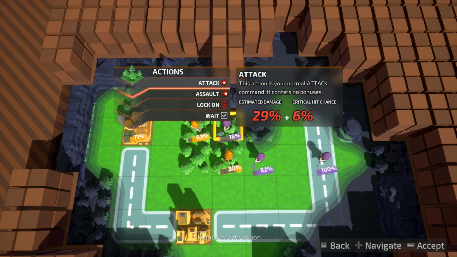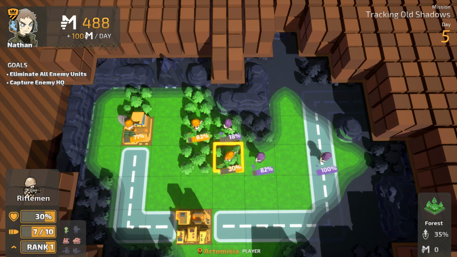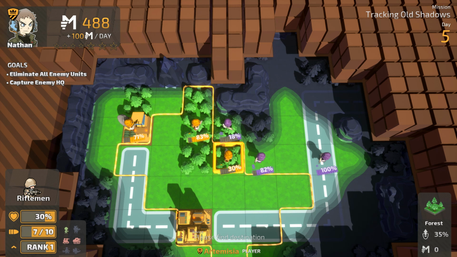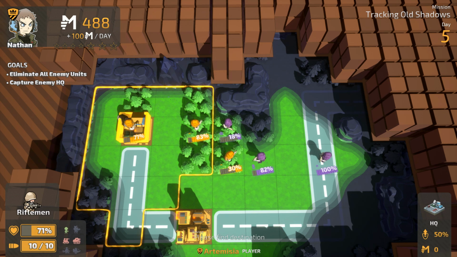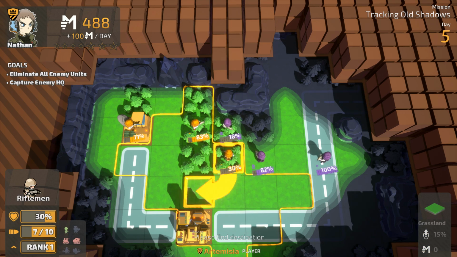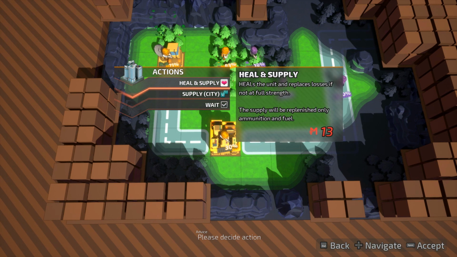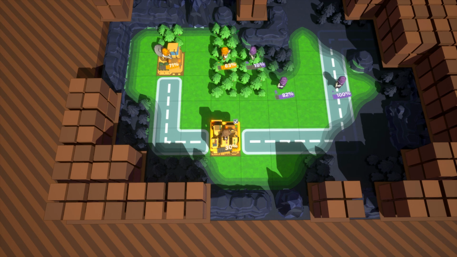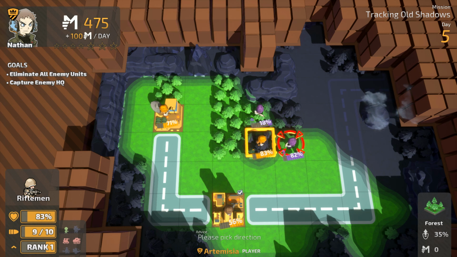But then again, is that what I actually want to do? Because I could bring this guy to here and get the first shot in on this unit. Those guys are already a little bit on the strong side, all things considered. Okay, you can't make it over there. You could make it over there. Okay, hang on. If you move over here, can you do a heal and supply right there? Or supply city, supply ammunition and fuel. Heal and supply. Okay, do that, and then you make it over here,